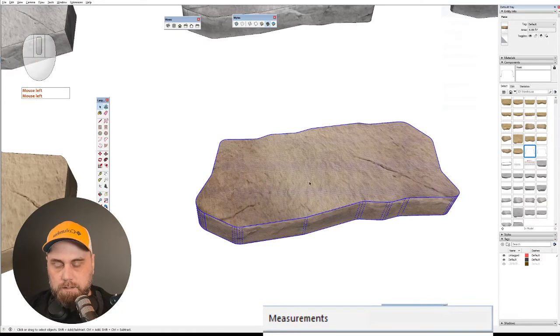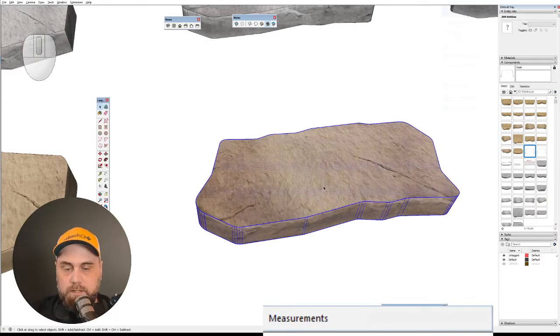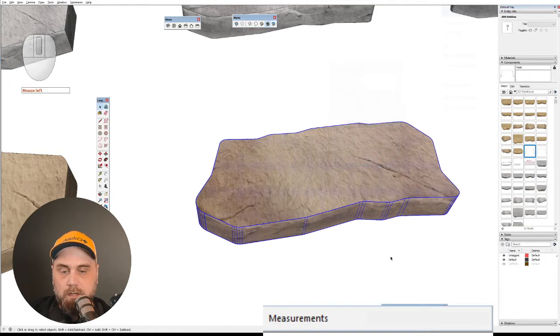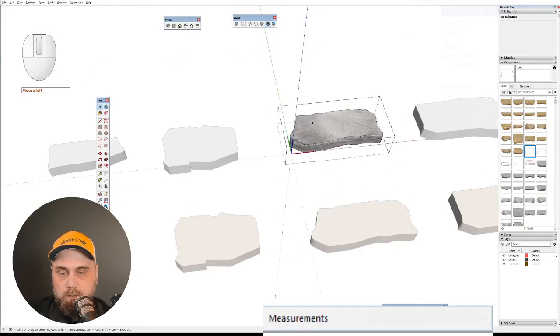All right, so let's make this a component. For whatever reason, that one wasn't. So let's triple click on it, okay? And then we're gonna hit the G key on the keyboard. And this is gonna bring up our create component options. Before I actually do that, I wanna see where